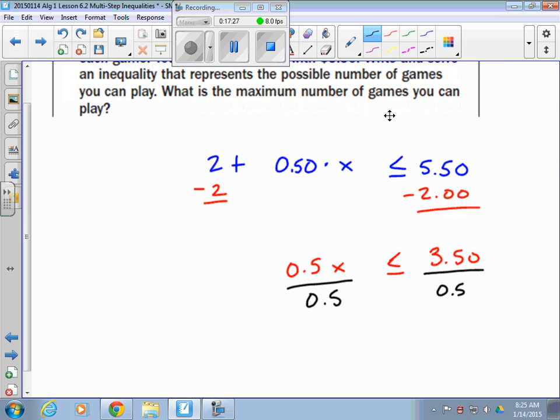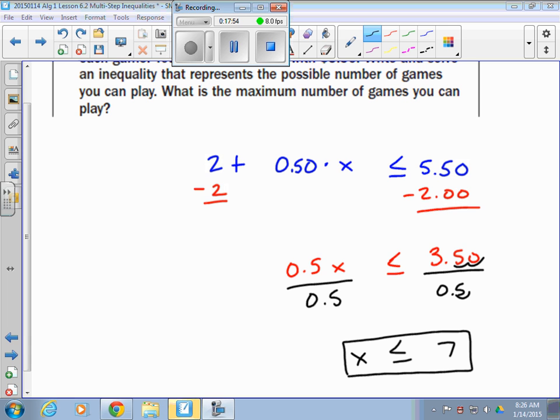The number 5 goes into 35 7 times. So we're going to move that decimal over 1, 2 times, 3 times. So 7, you're going to move it over 3 times. And in fact, you don't have to move too many decimals at all, even though it's counting it. You can play 7 games. You divide by a positive 50 cents. x is less than or equal to 7 games. If you play 8 games, you won't be able to,